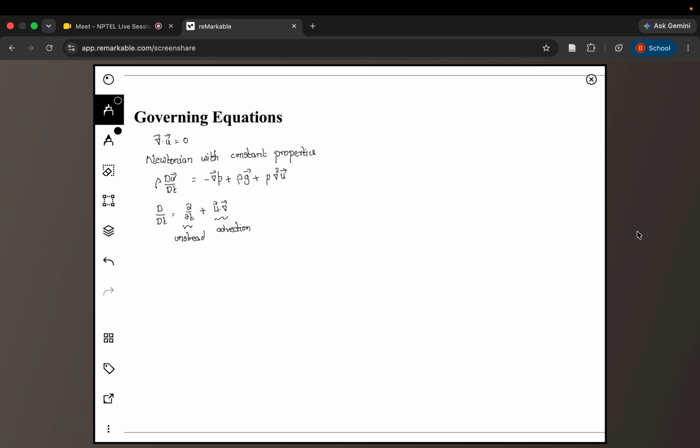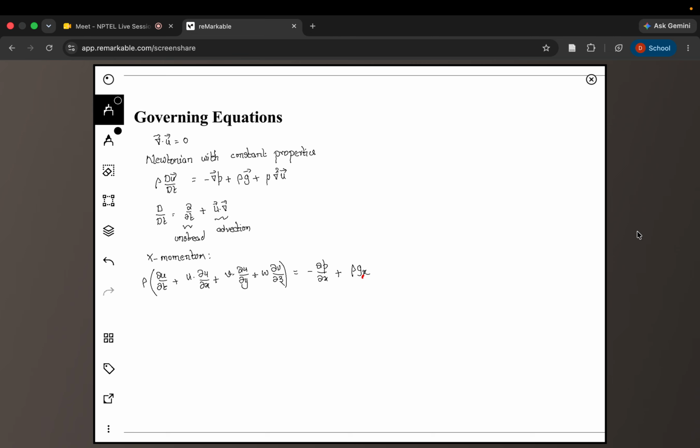Just to get familiar with it, let me write it only for the x momentum. This is a vector equation. So if I have to write only for the x momentum, the equation will be del u/del t plus u dot del, which will be u times del u/del x. Again, this is a vector, so v times, since the equation is being written in terms of x, del u/del y plus w times del u/del z. This entire thing is multiplied by density, and is given by the pressure gradient, minus del p/del x,